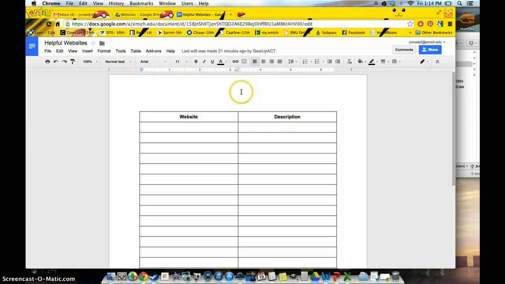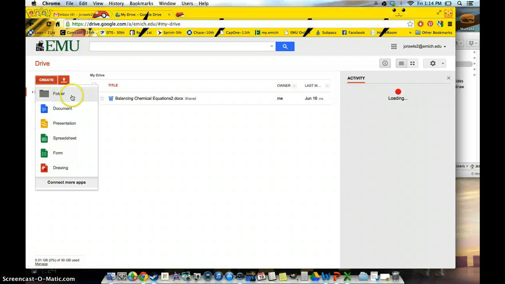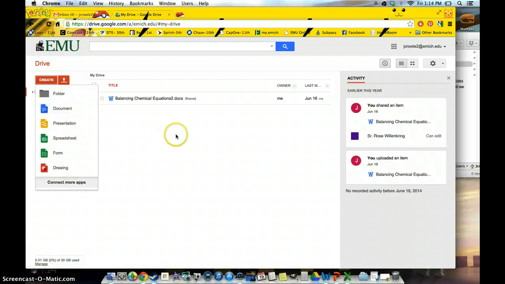And it all saves automatically. There's no save button. People will be editing it. If you both have the document open at the same time, you can see them making the changes to it. And when changes were made. It's a really great system and very helpful. So that's about it. Also, you can create folders. You can create a document right within the